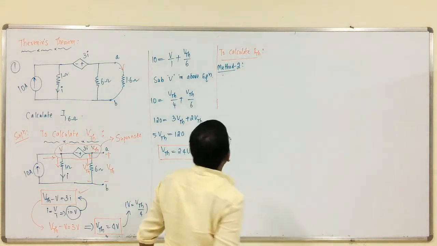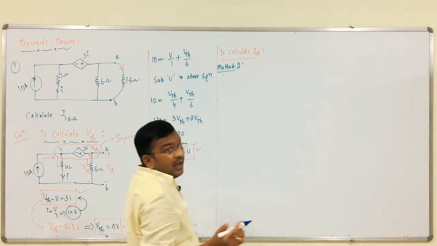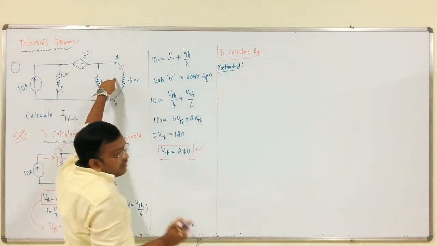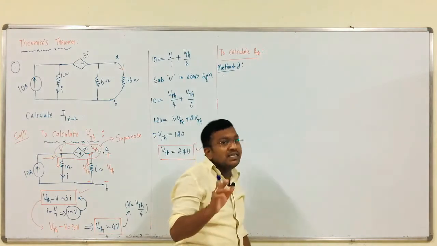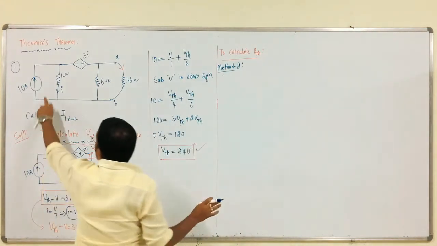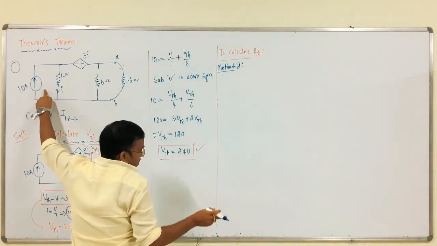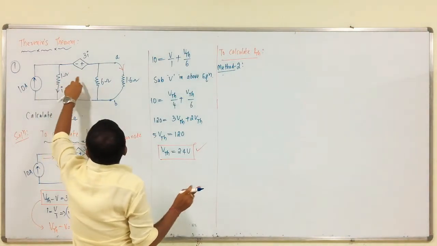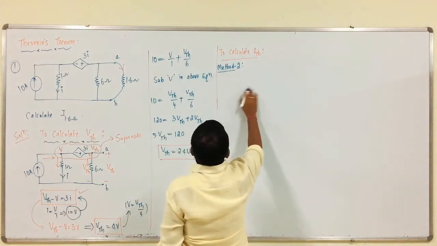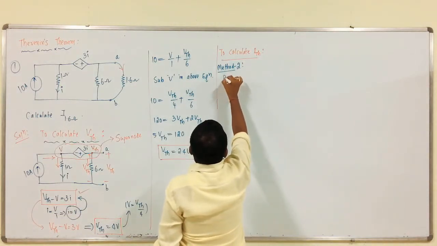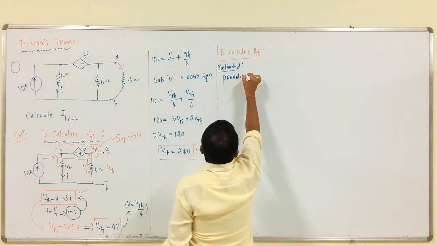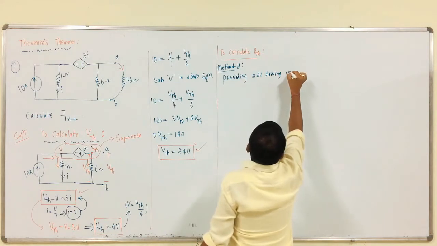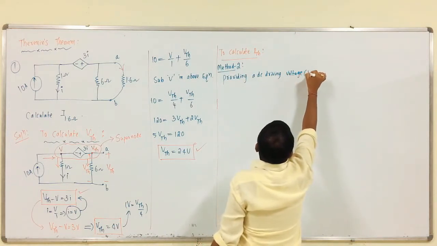Method 2. So, what is method 2? We have to provide a DC driving voltage between these two open circuited terminals, keeping all other independent sources deactivated. So, here we have only one independent source, that is current, therefore, it is deactivated by open circuited, right. Then the circuit becomes, providing a DC driving voltage, that is VDC.